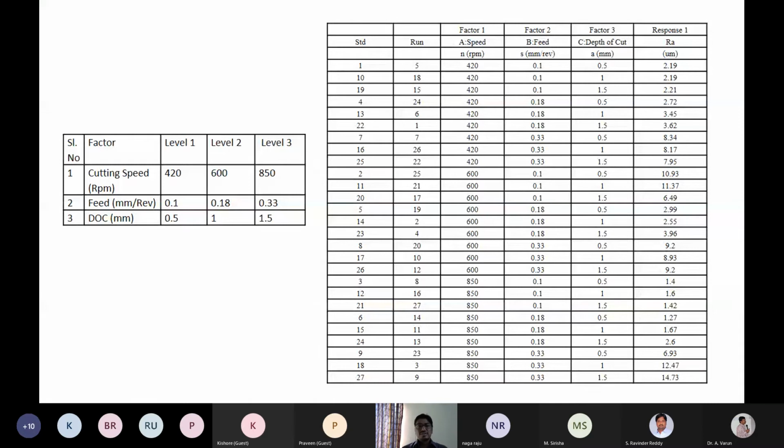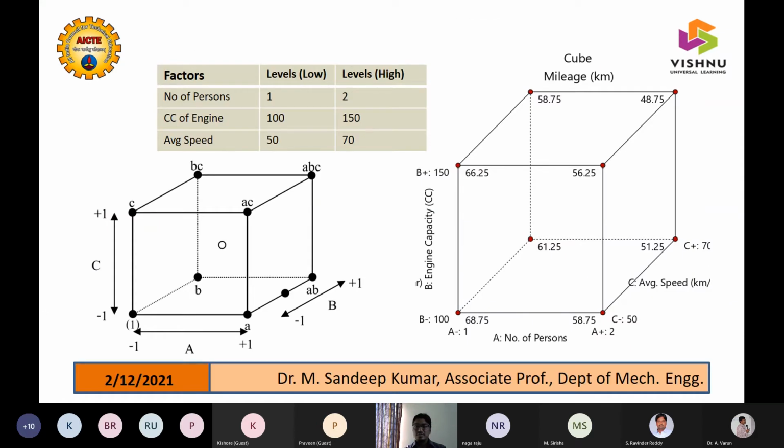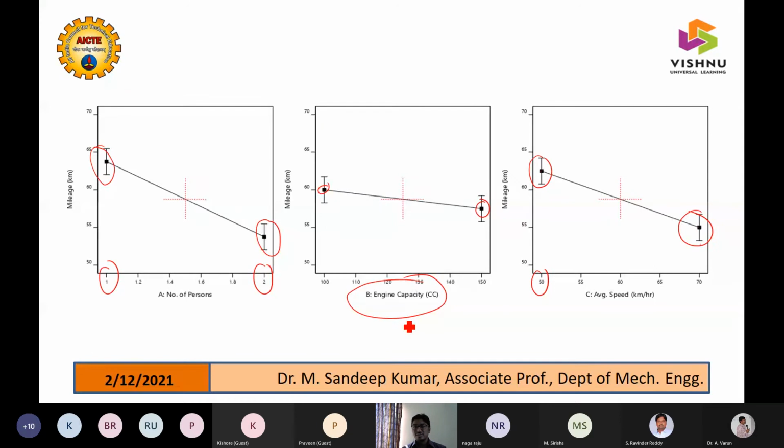If you see, till now, we were speaking about only 2 to the power of k factorial design. Now it is 3 to the power of k factorial design. This is full factorial design. Initially, one factor at a time and 2 to the power of k factorial design, we are trying to fix the factors at the level. That is what we have done here also. This was not significant and these 2 were significant, so I selected only these 2.